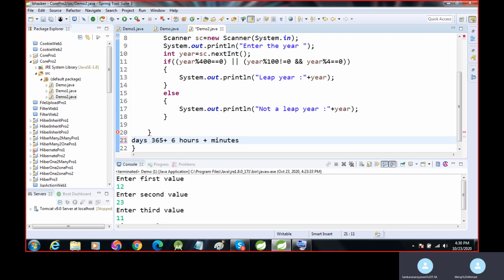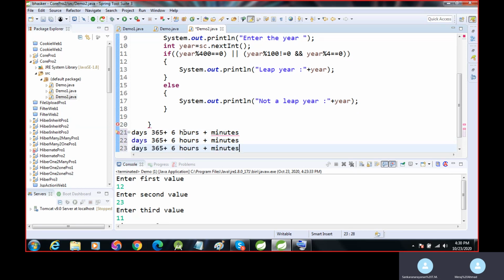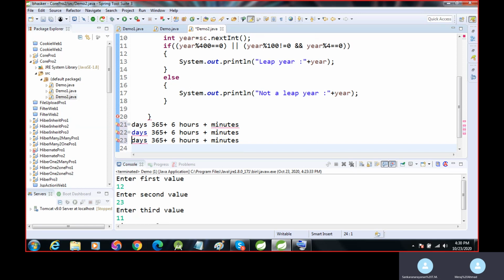So after 4 years, it completes 1 extra day, because we have 3 years of 365 days and 1 year of 366. So in 3 years there are 18 hours extra.